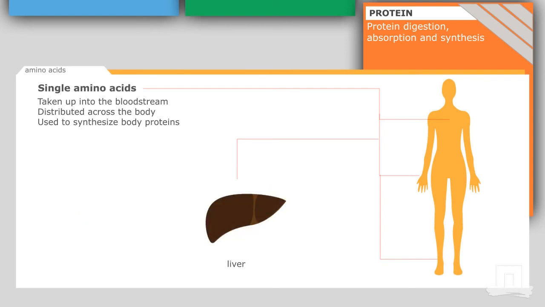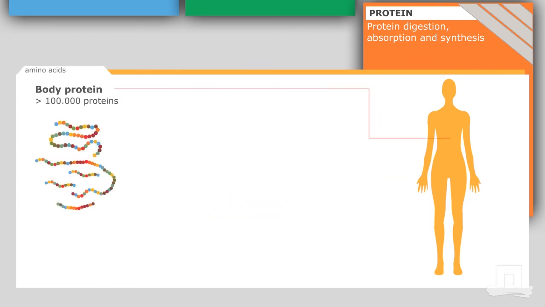The liver also needs to take up substantial amounts of amino acids to make special liver proteins, including the main serum protein called albumin. Now, there are over 100,000 different proteins in our body. And proteins exert all different kinds of functions. Some of them are active outside the cell. We call it extracellular. They can function as hormones. They're important for keeping cells together.